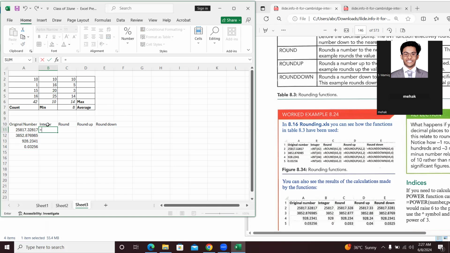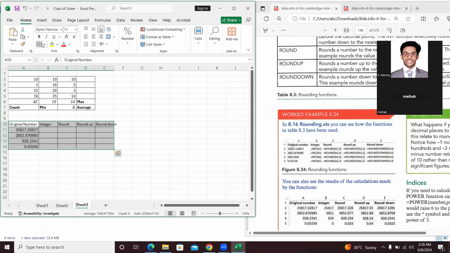I didn't get the question. I'm asking that if I apply the integer function here, what answer is it going to generate? No idea. Okay, no worries. This is the reason that I'm discussing this. I have taken a sample, any random number, and I have created these columns right here. So the original number, or the random number, is